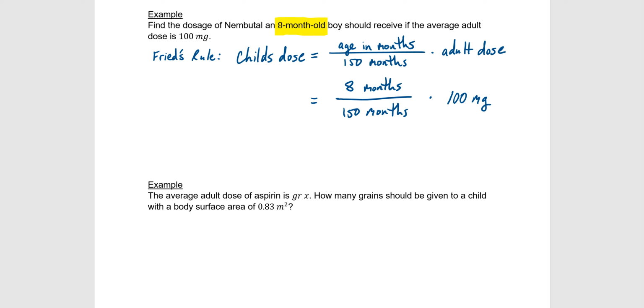So notice that the months divided by months will cancel, and once again, when typing this in the calculator, you do 8 times 100 divided by 150, or you could do 8 divided by 150 in parentheses, and then multiply that by the 100, however you want to do it. Either way, you should get the same answer. You should get about